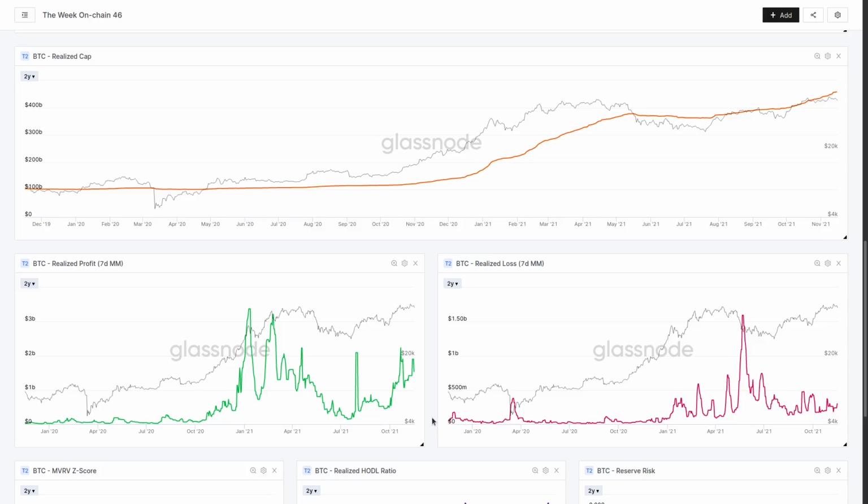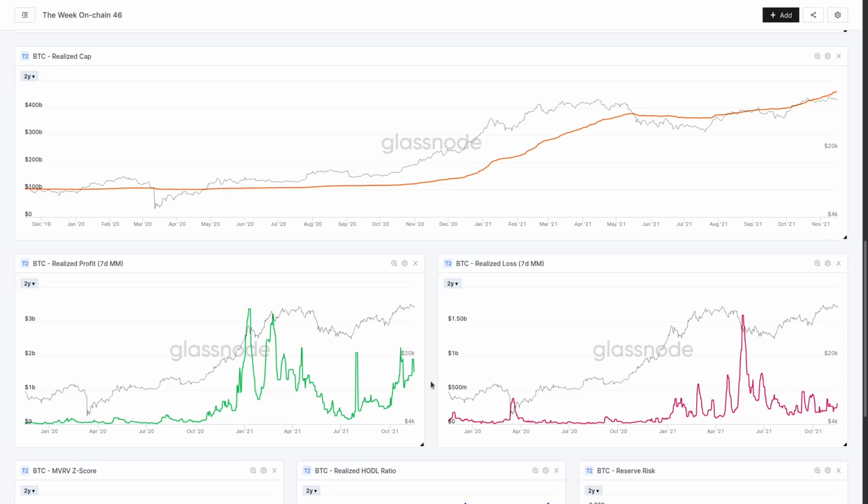So these are coins that are moving, that last moved at a higher or a lower cost basis, and they're being spent on chain. We assume that those coins are sold, and this gives us some indication of demand. So what we've seen over the last couple of months is rising realized profits. That means that more people are spending coins at a profit, likely taking money out of the market, but the market has rallied upwards or sideways over the last couple of weeks. And that's showing that the market is actually able to absorb that amount of sell side. So at the moment, we're talking about between 1.5 and around $2.1 billion per day flowing in to absorb those coins, because for every seller, there's a buyer.